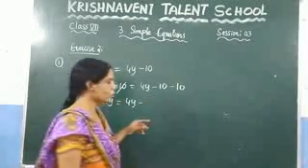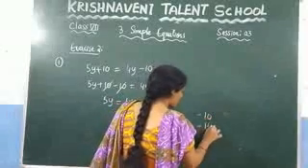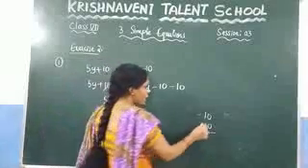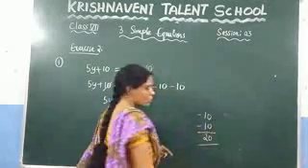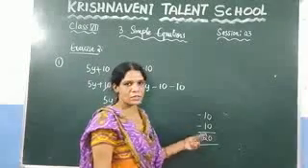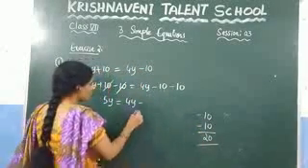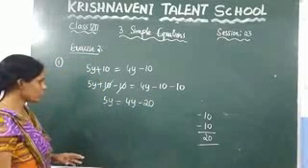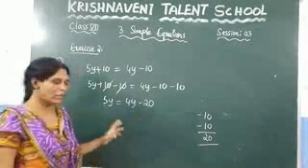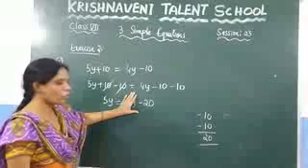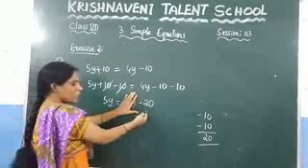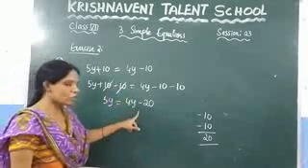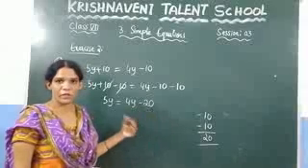If both the numbers are same, so here you will get 4y minus 20. Now here we need to find the value of y. So here 4y, let us remove 4y. If you remove 4y, you will get one number, right? So here I am removing 4y. Plus 4y is there, so I need to add minus 4y on both sides.